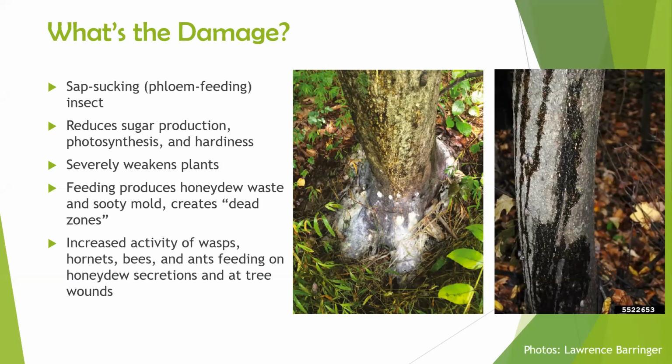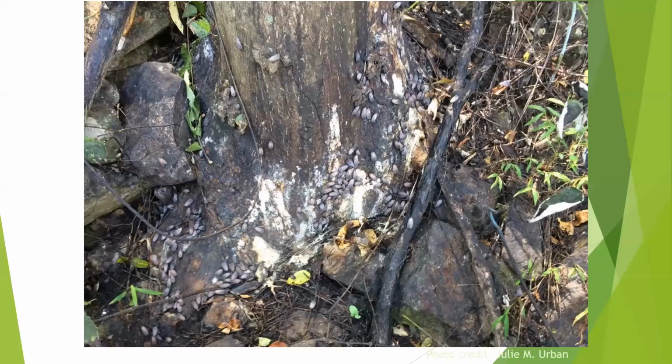It also attracts the activity of stinging insects like wasps, hornets, and bees, and also ants will feed on the honeydew secretions and also at the wounds of the tree or other plant. This is just a close-up showing you what a heavily infested tree looks like being attacked by spotted lanternfly. The black parts here is that sooty mold growing, and then there's a secondary fungal growth that's white that is